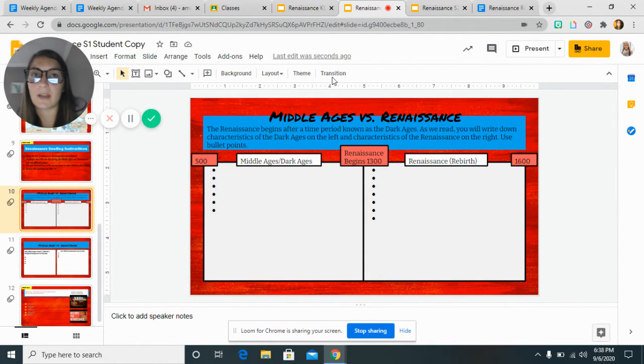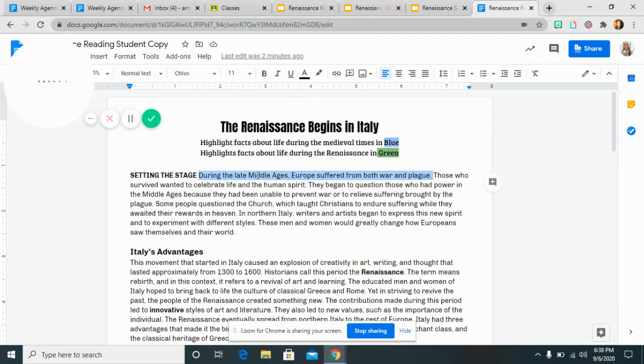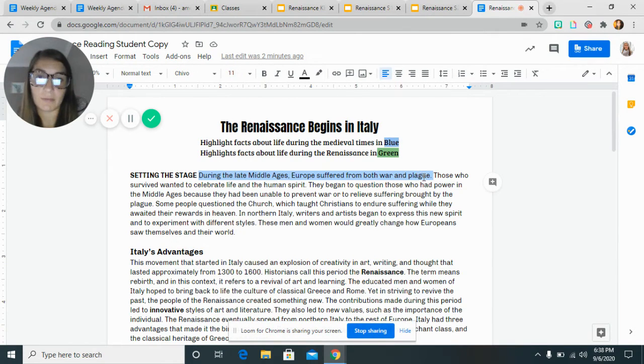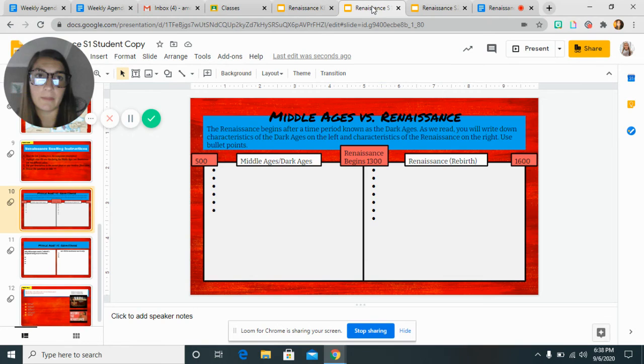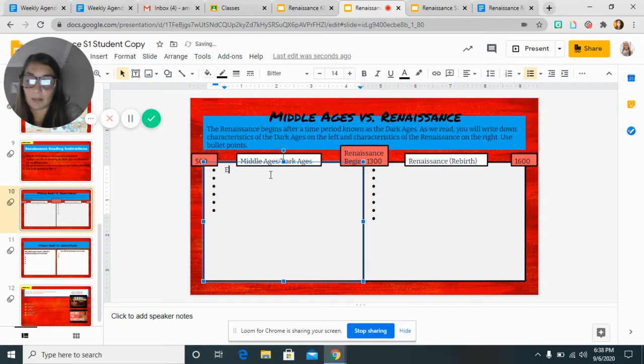So, for example, we just read in our reading that during the late Middle Ages, Europe suffered from both war and plague. So on my timeline, I would type over here, Europe suffered from both war and plague. Or how to spell plague. Now this can be in your own words. If there's something else that you want to add that's not in the reading, you can put that on here as well. It doesn't have to be full sentences. It's just really a way for you to organize your notes and kind of compare both Middle Ages and the